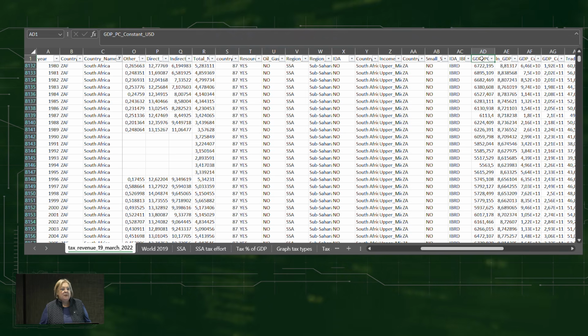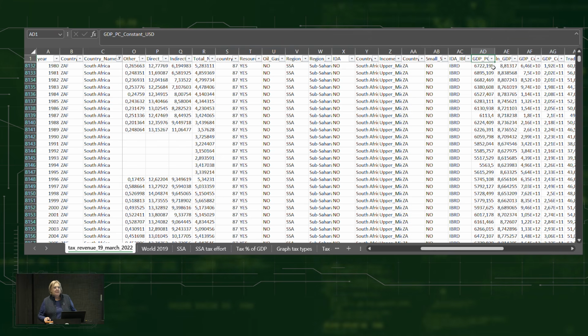Okay, and then this is the GDP per capita. Now, South Africa has a very skewed distribution of income, so I would say the GDP per capita is really a very poor measurement of our ability to collect taxes. And then it's got the LN. You remember I talked about the log? So how do you get the log of a number? You just type in equal LN, and then you put in the nominal value, and it will give you the log. Is there anyone that hasn't done that before? Have you all done it?